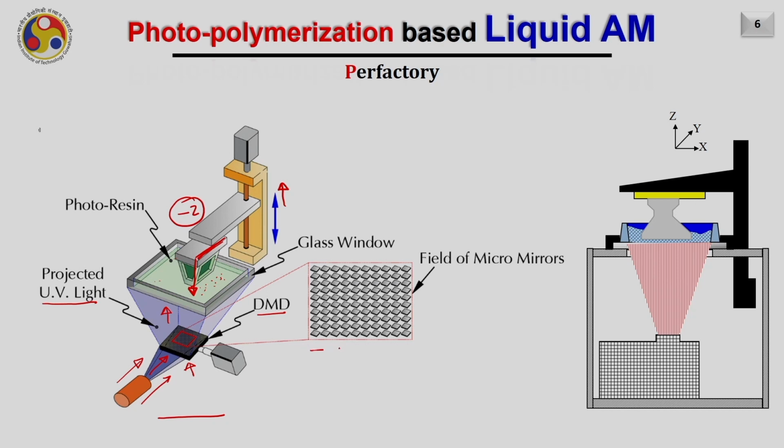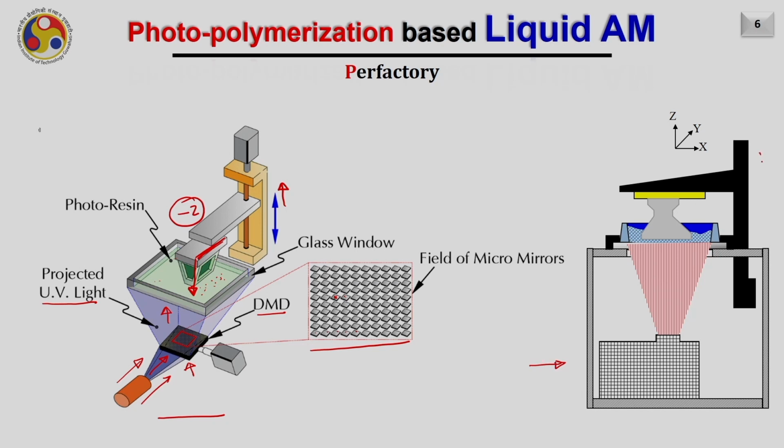This is how the mirror device looks like. It consists of a lot of micro mirrors, and to create the digital mask, the mirrors corresponding to transferring the light will be aligned appropriately, and the mirrors that are not going to transfer the light to the bed will align in another direction. This is a 2D representation of the same.